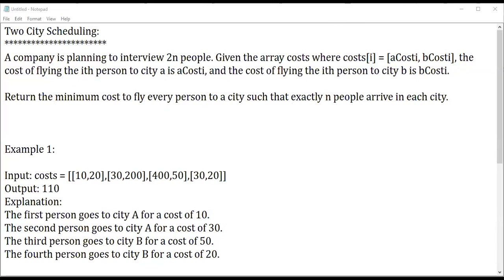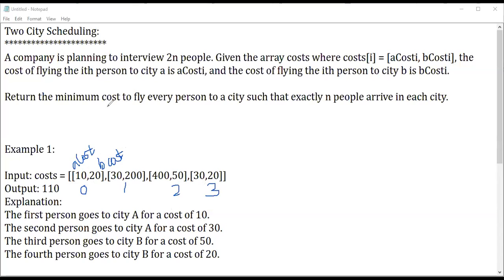We have seen about directed and undirected graphs. Like what is the minimum cost to traverse the entire graph, we have seen, right? The same logic can be made use of here. So here they are given an array, with I values for the 0th person, first person, second person, and third person. The first parameter is A cost and the next parameter is B cost. The same way they are given here for all the scenarios.